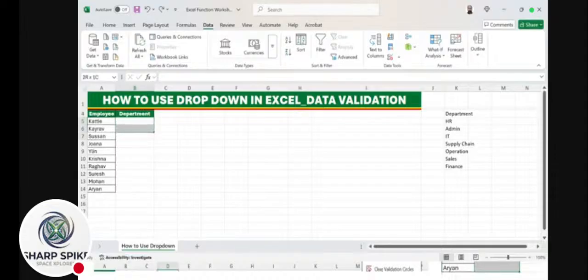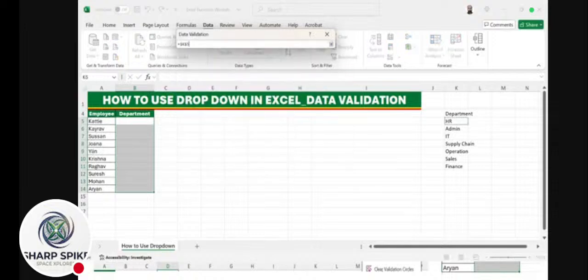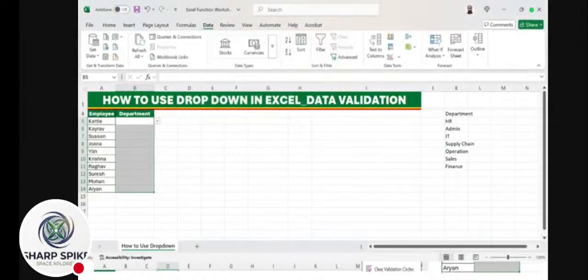First select the range, then go to Data and click on Data Validation. Now click and select List. Now click here and select the list which we need in a drop-down. Now click OK. Now you will have a drop-down list as HR,